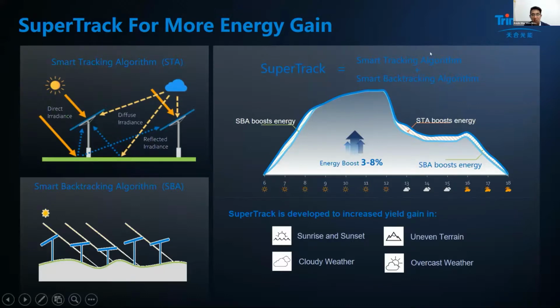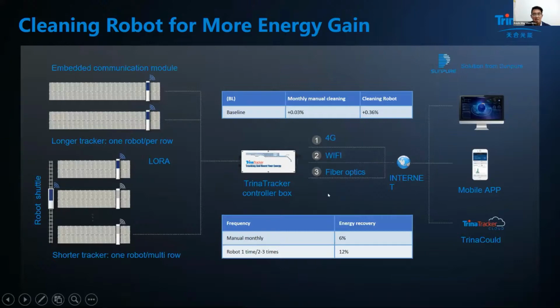So that's Trina's Super Tracker, combined with bifacial modules. Okay. Lastly, I'm talking about the modules, Trina's Vertex module and bifacial module. And I think another thing on the installation side, for the O&M, the cleaning robot is also critical. We believe it matters for the power generation